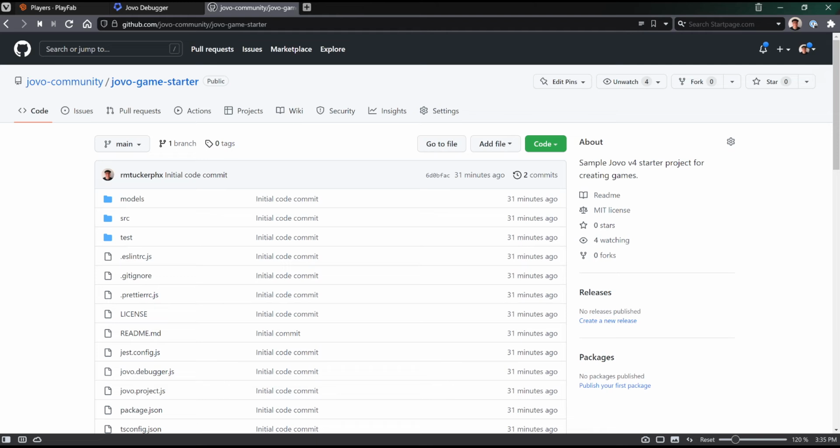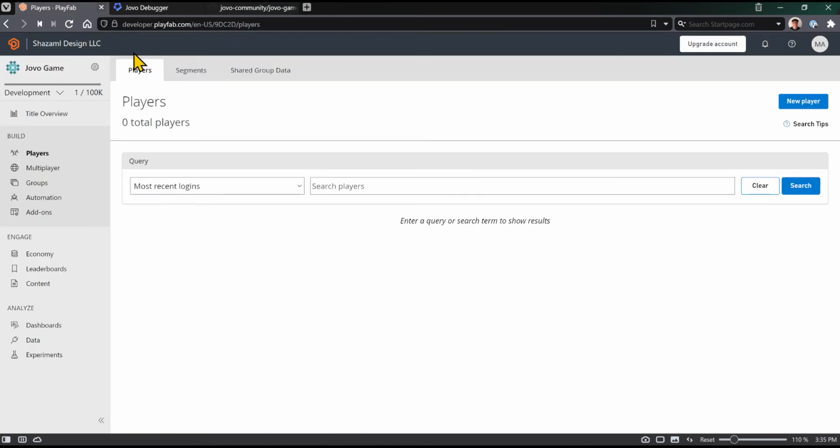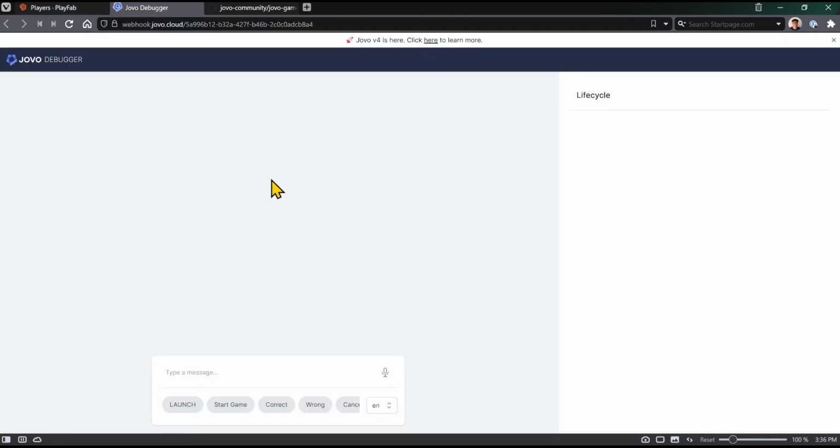So what we've done is we've already pulled down this code and did an npm install to get the latest packages. And in a previous video, we created a title over here called Jovo Game, and we could go into the title settings and grab a title ID out of there. We've done that to help configure, and we have no players here. There's also this Jovo Debugger set up, and that's going to help us test our code without having to connect it to a voice UI. So let's go ahead and take a look at